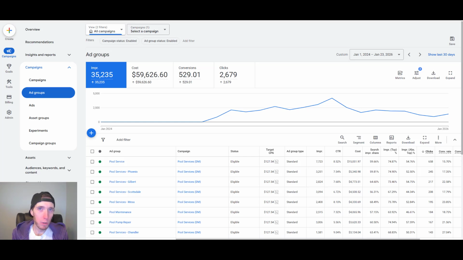If you're running Google Ads for your local service business, campaign structure is going to be incredibly important to cut down your cost per lead, boost up your conversion rate, and overall have a profitable campaign. So today we're going to cover campaign structure at a really high level, some things you have to keep in mind, and how you generally want to structure your campaigns